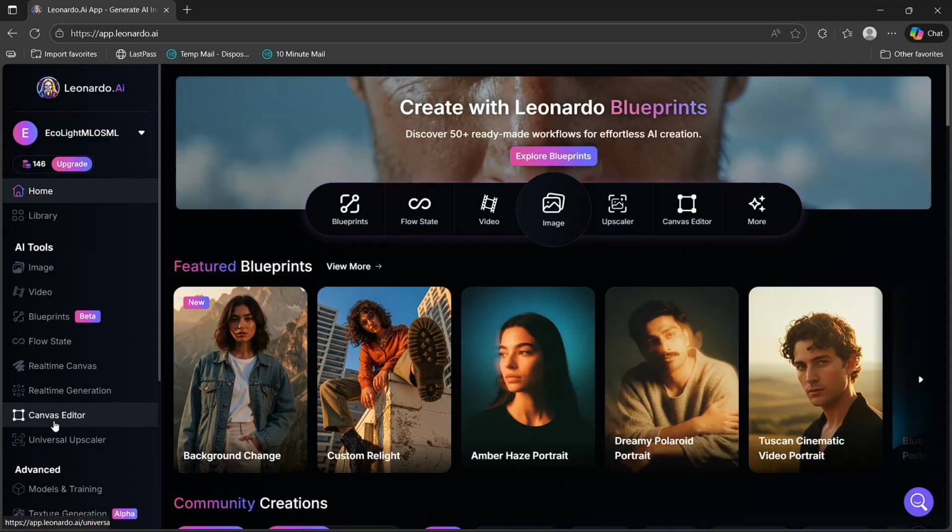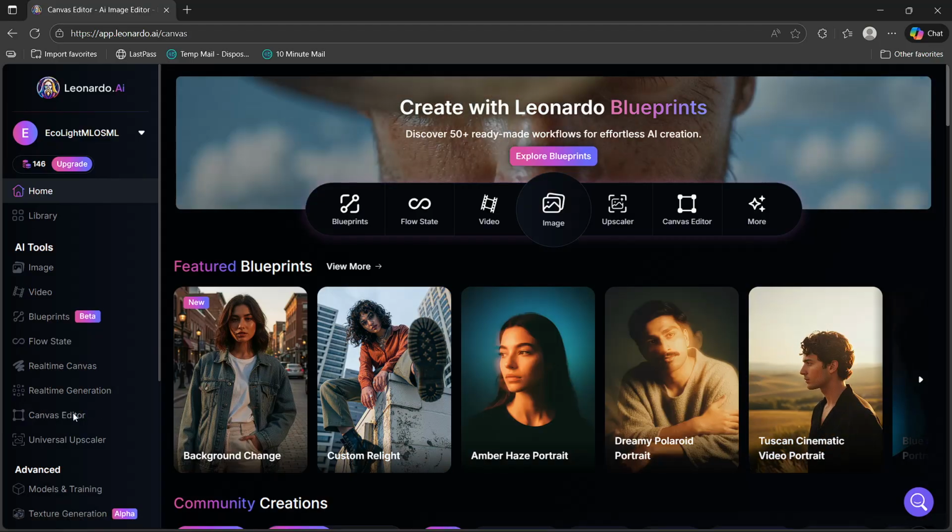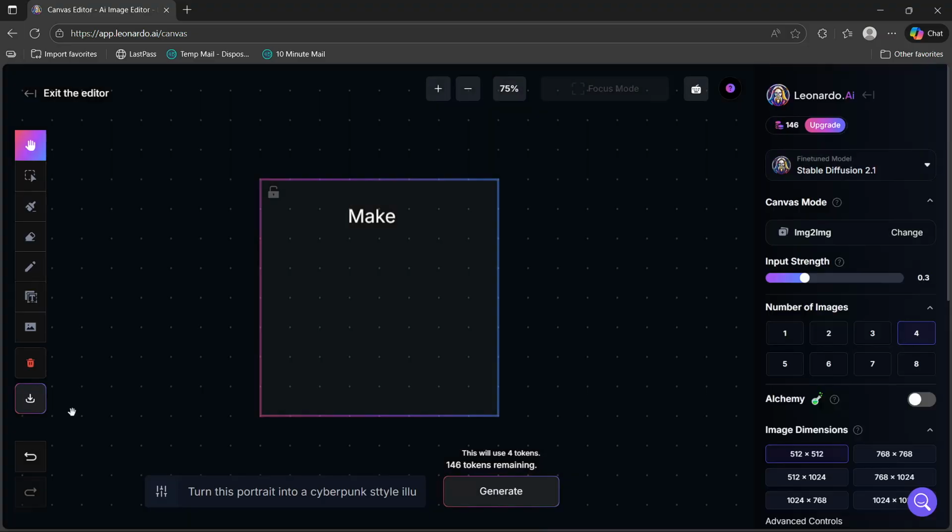editor, which is on the left panel of your screen, and then you will just have to wait for it to load. So once you're here, what you will have to do, it's really simple. You will just have to click your prompt box, and then enter your prompt,